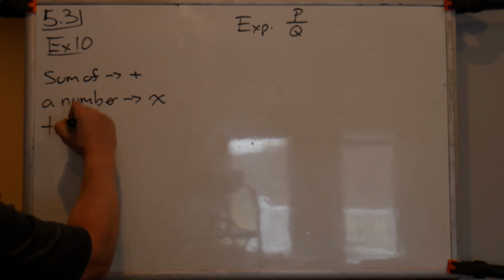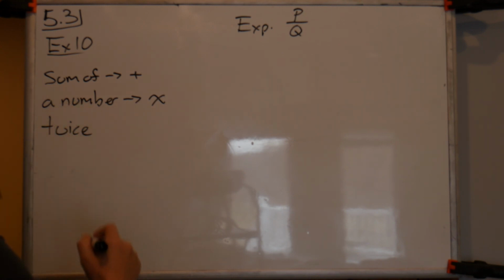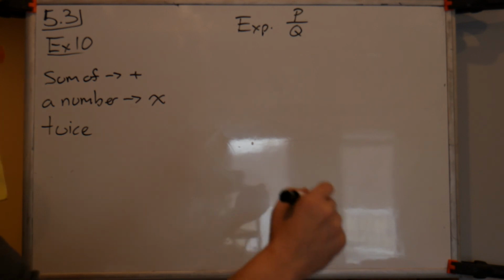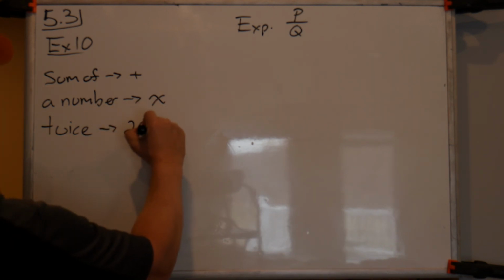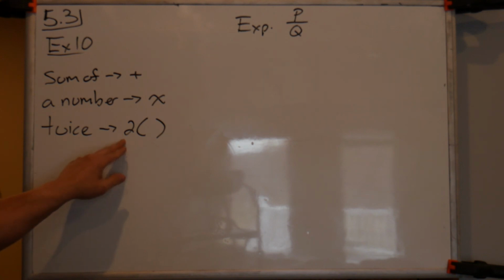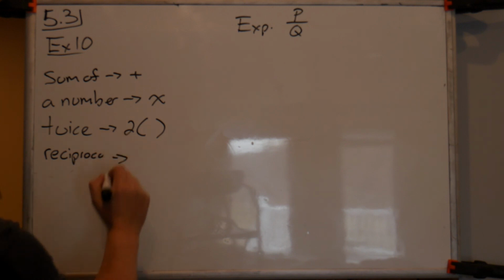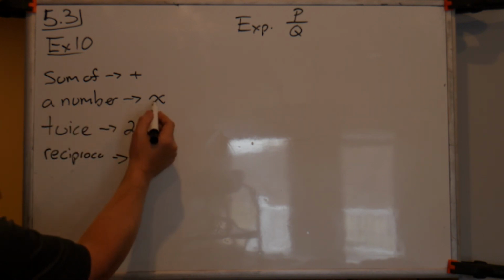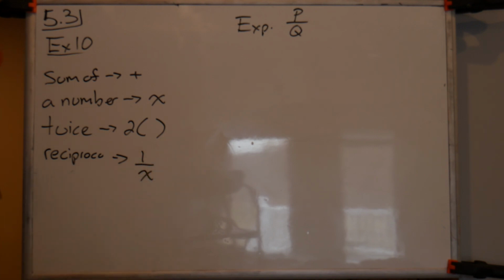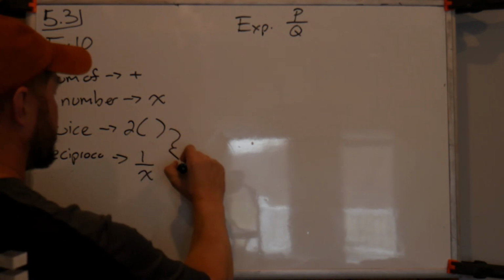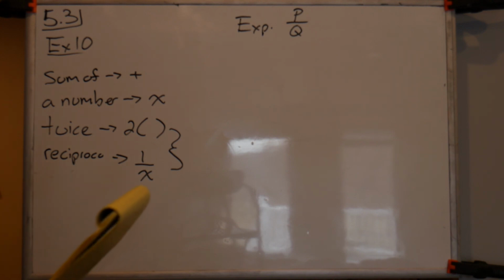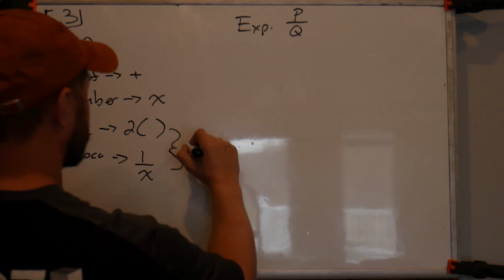Then they say, I'm going to break this one up in two different pieces. The sum of a number and twice its reciprocal. You know twice means 2 times whatever they're telling me. 2 times something. And sum of a number and twice its reciprocal. It is the number x. The reciprocal of x is 1 over x. That means twice, this says expression or sum of a number and twice its reciprocal. Twice its reciprocal